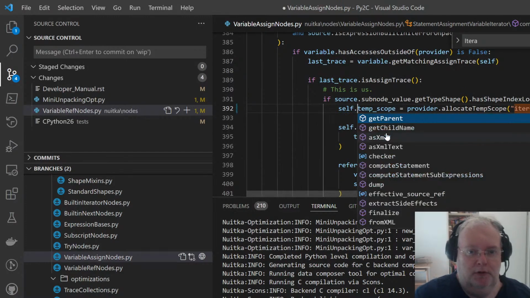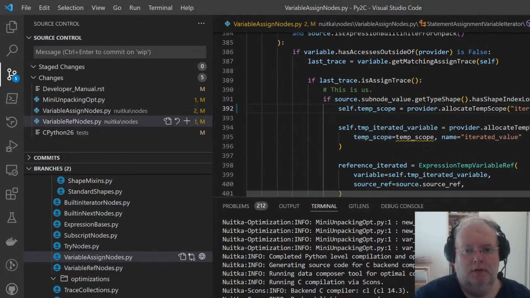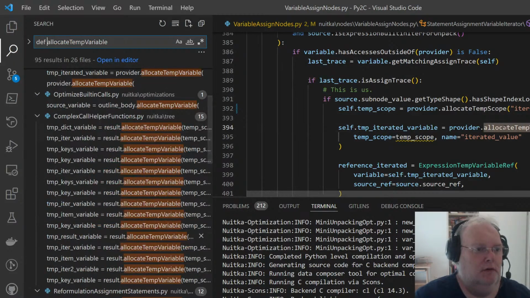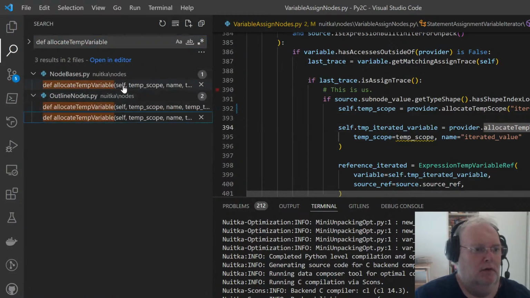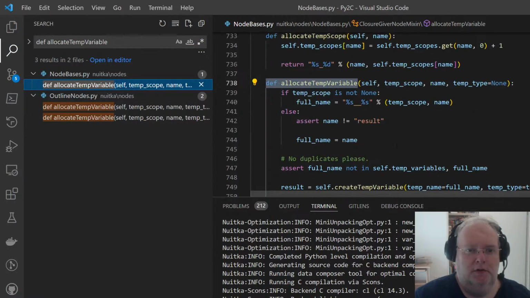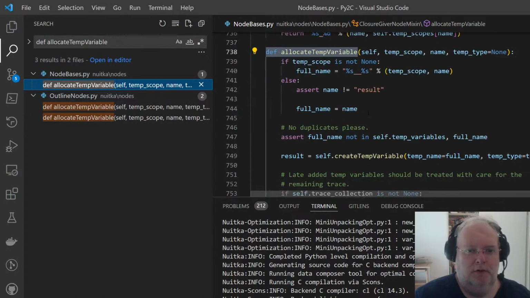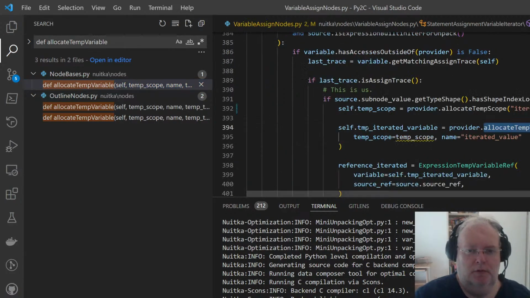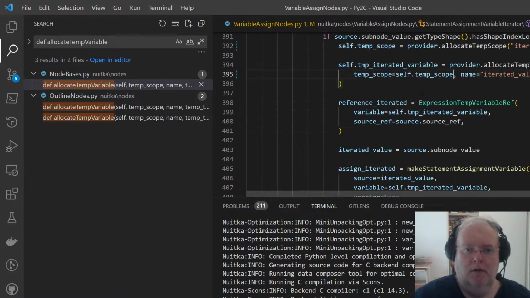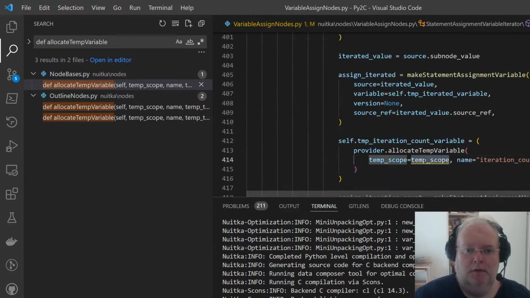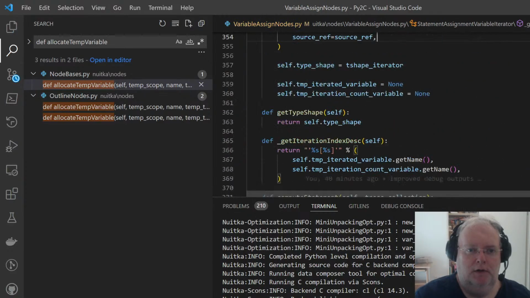So I have this, and I need to remember it so I can reuse it, because I think the temp variable doesn't. You will not remember it. It's just building a name based on it, and we need to remember it. So self.temp_scope. Just a second. Need to add the attribute.